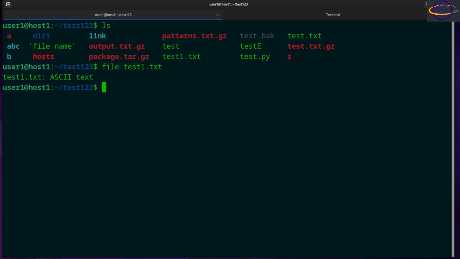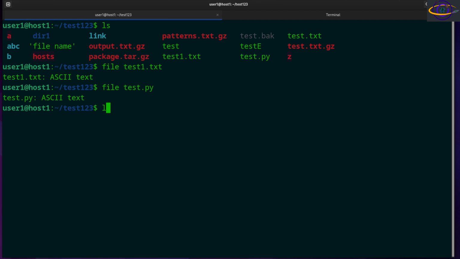This is ASCII text. You can do the same thing on, let's say, a .py file, and it's still ASCII text. It's a text file. Given it's a Python script, but it's still a text file. So you can also do this on a binary, like say the binary for the ls command. So you could say